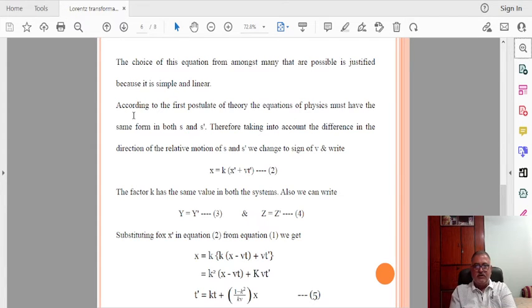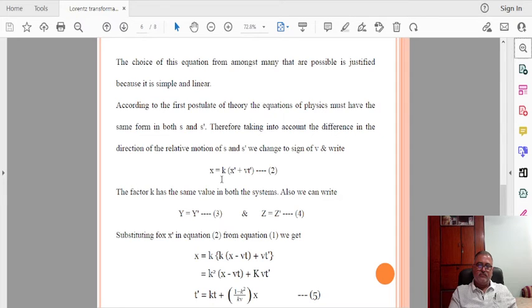Therefore, taking into account the difference in the direction of the relative motion of S and S prime, we change the sign of v, and we are able to write in this way: